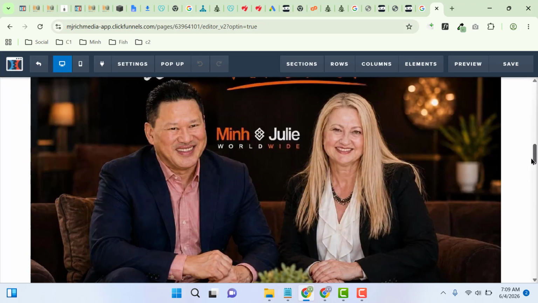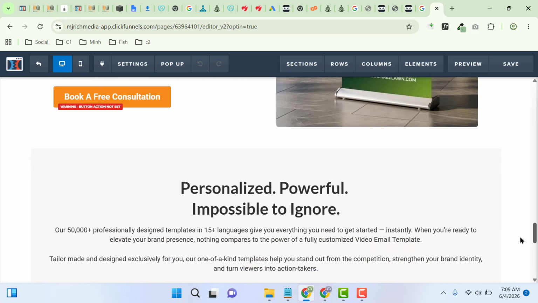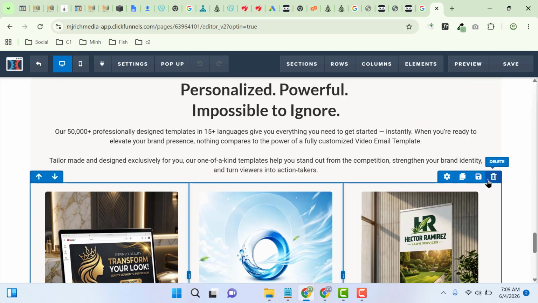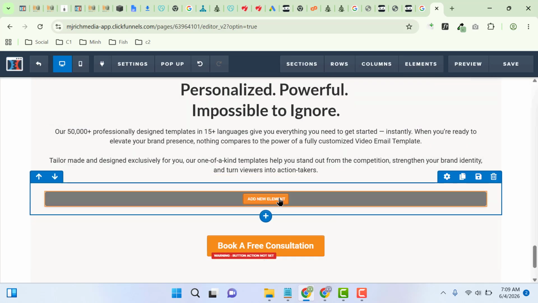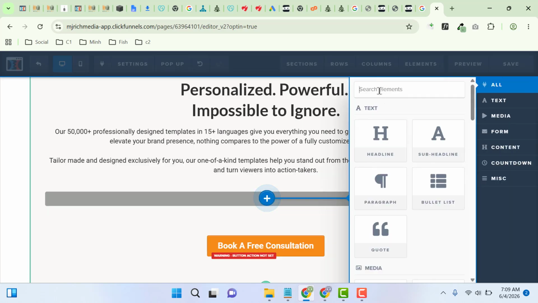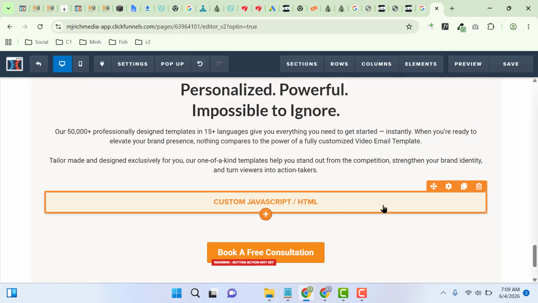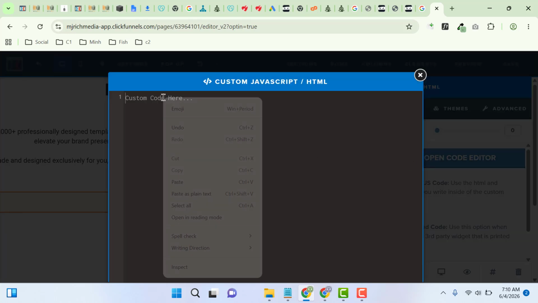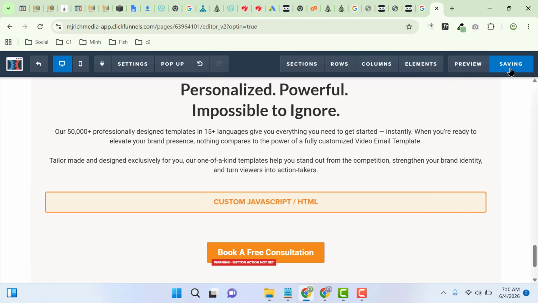Now scroll down. For example, I want to add this slider here. Let me remove this one and then click add a button to add the new row. After that, add the new element, search for HTML, this one, then click on settings, open code editor, then add the code here. After that click the save button,